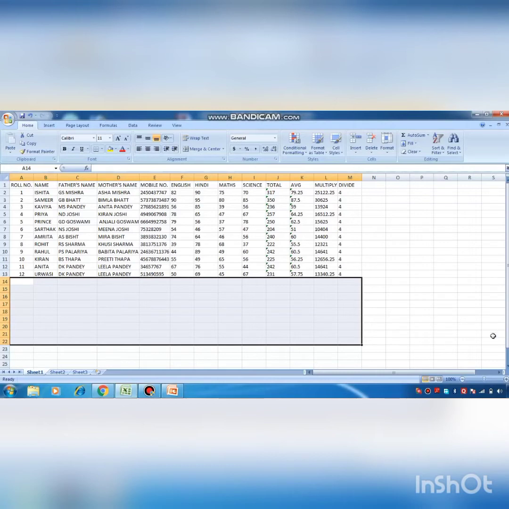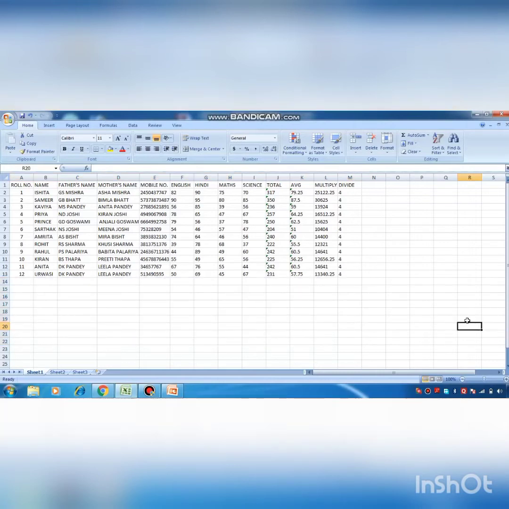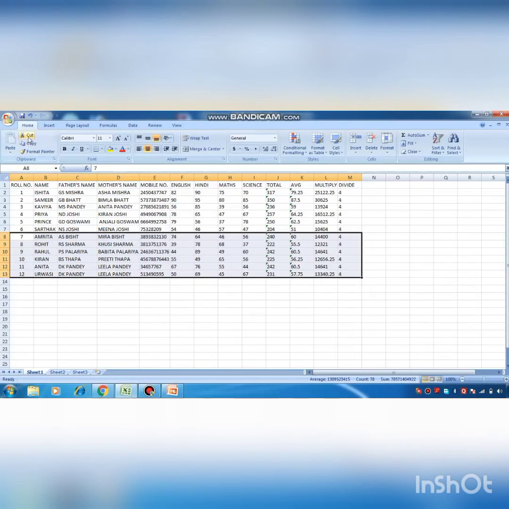Now the next topic is moving cell values. The selected data in a worksheet can be moved easily from one location to another. Suppose I want to move the data from 7 to 12. I select the data like this, then click on the Cut option in the Clipboard group under the Home tab.